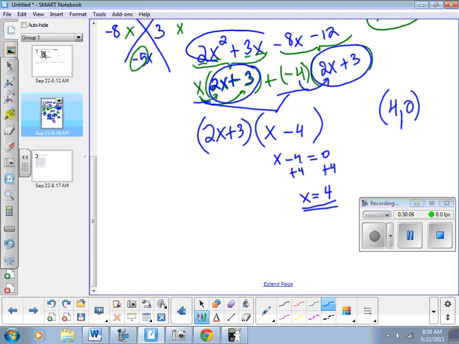Remember the same way we factored out the x from 2x squared plus 3x? What we did is we did two factorings. First, we factored them to put them in groups. Then after we put them in groups, they'll typically have something in common, which is called your GCF, or your greatest common factor. That they have in common, we factor it out, and what's left over is our other parentheses of x plus a negative 4, or you could just say x minus 4. The other parentheses, which is 2x plus 3,